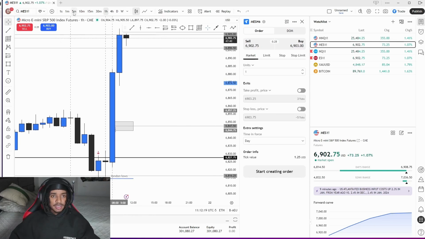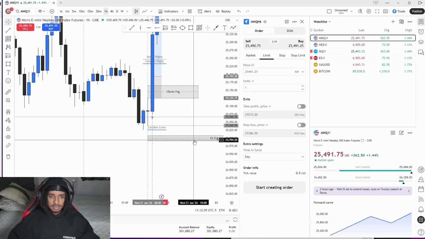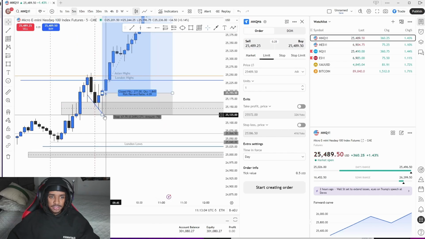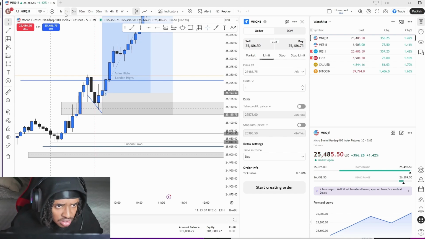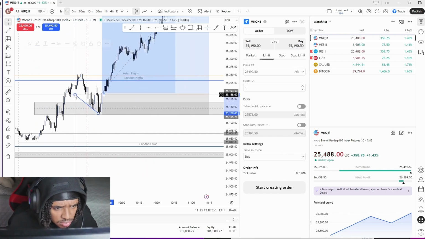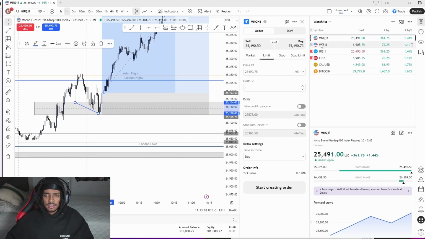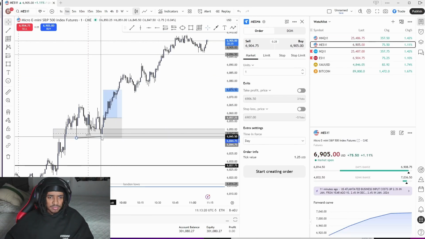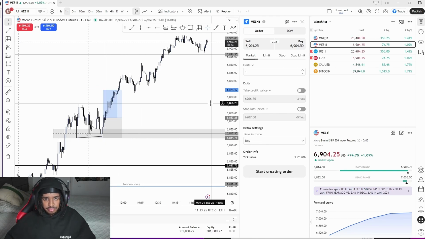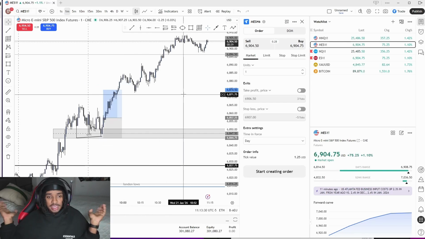Now, let me explain to you what exactly happened. So I look at NQ. We had an SMT divergence with ES. You see that? Clean. I was like, okay, the entry was already here. We have the entry already here, and this just got disrespected. I was like, fuck it, let's stay.